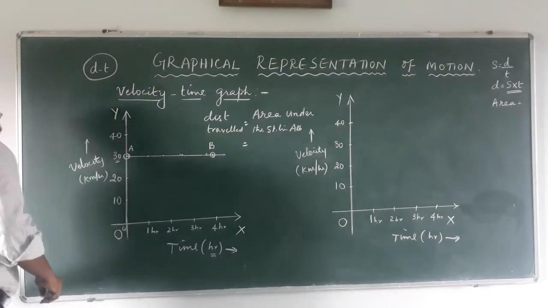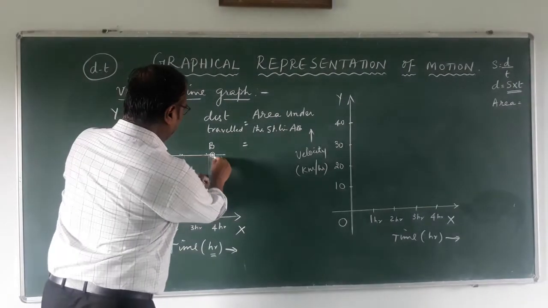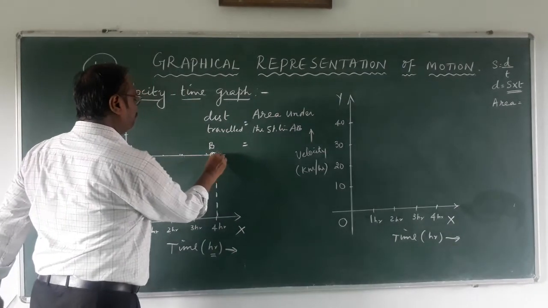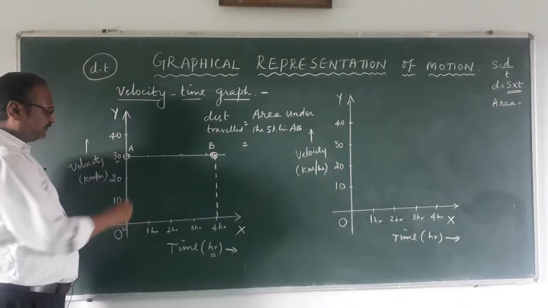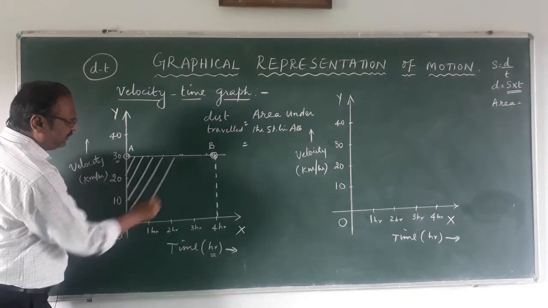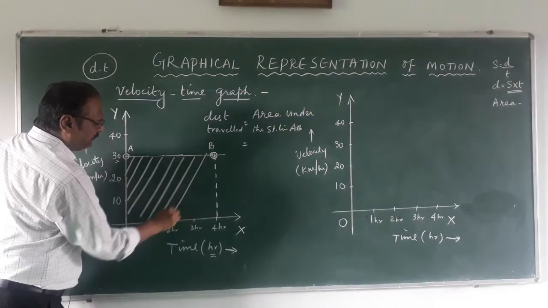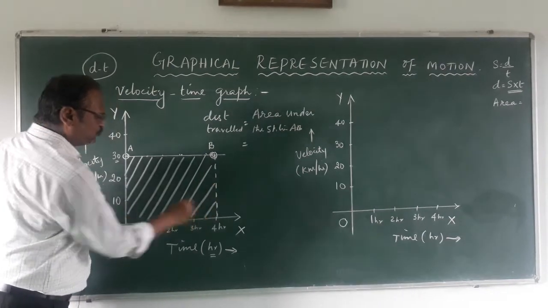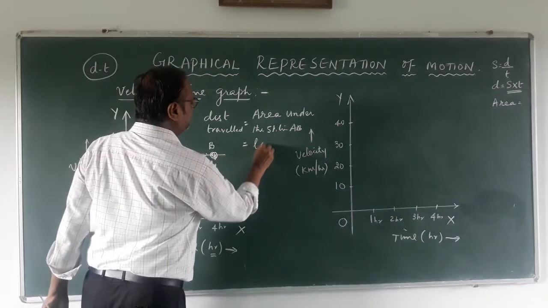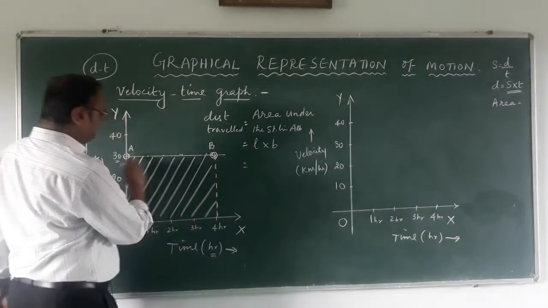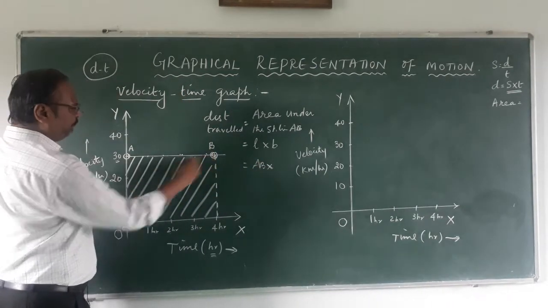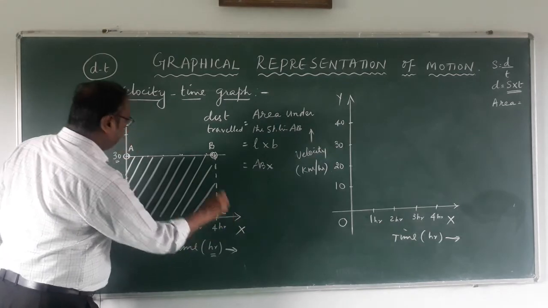For that, I am going to draw a perpendicular to this number. Fine. So, I wanted to find out the first 4 hours, right? And this shaded part gives you the area of the rectangle. The shape which you see here is a rectangle. What is the formula for the area of a rectangle? Length into breadth, right? So, let us say AB is the length and the breadth we can call BC, you can call this point C.